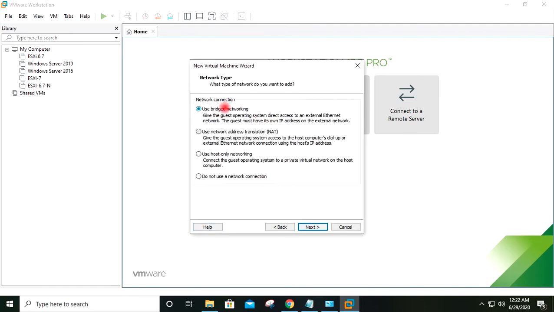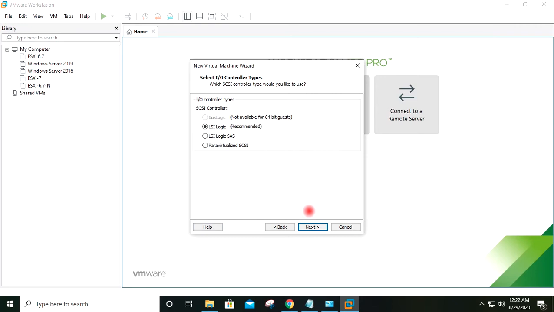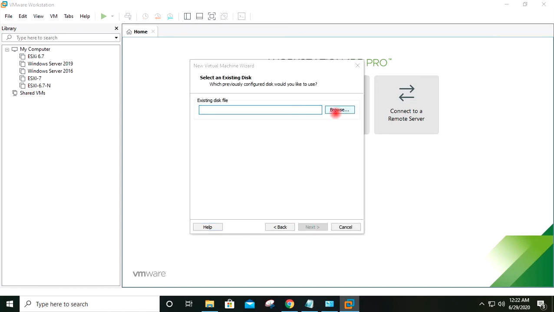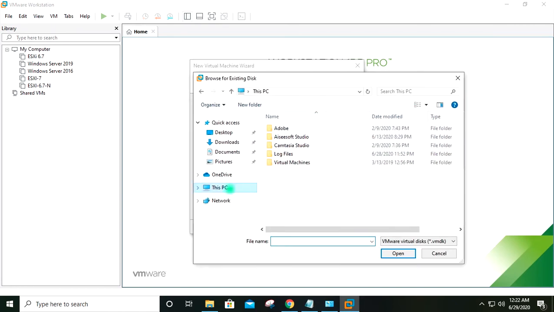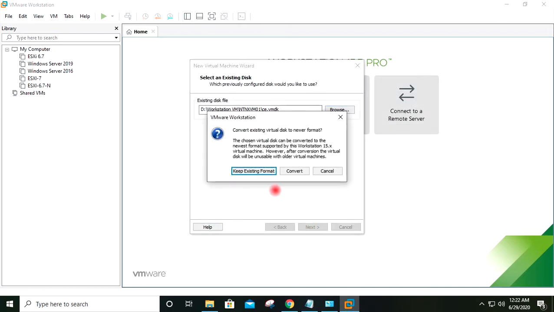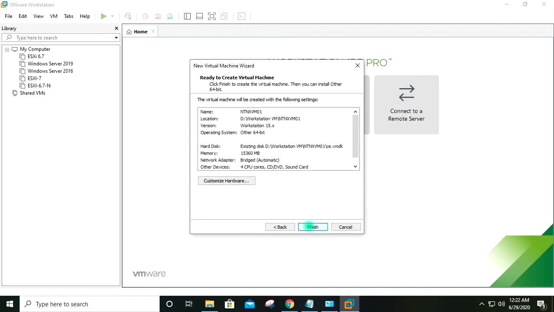Next, use bridged networking. Next, next, use existing virtual disk, next, and I will give the path to the c.vmdk file. Next, keep existing format, finish.